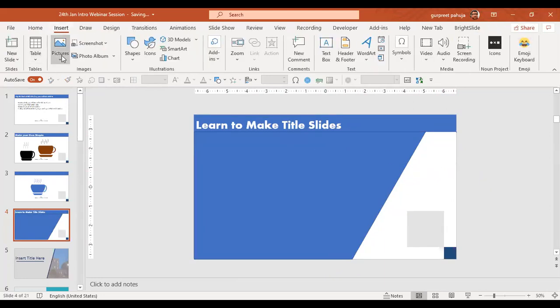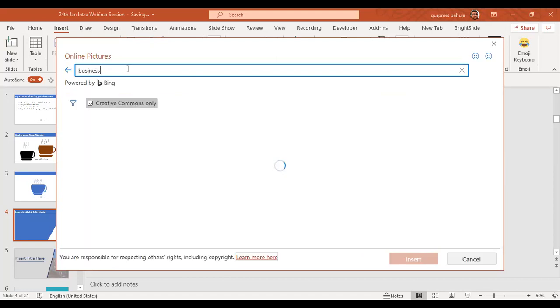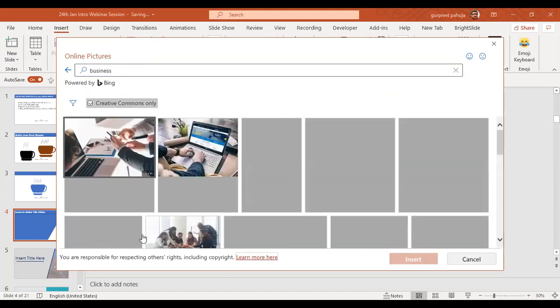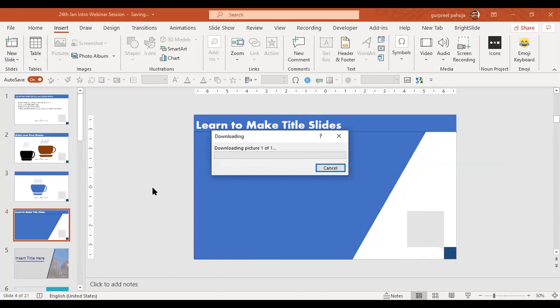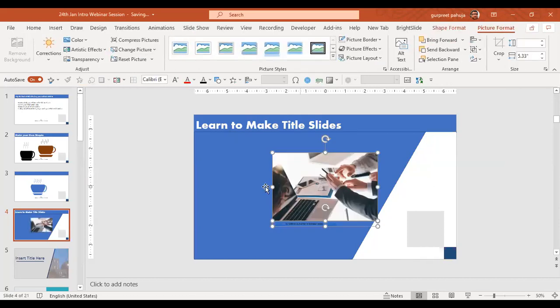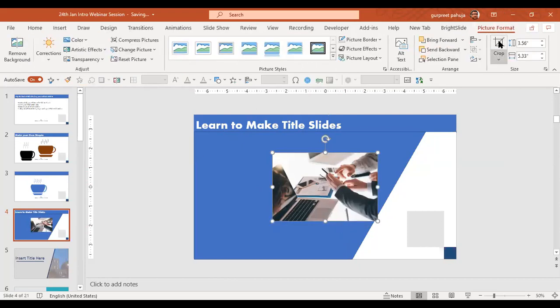And then I can go to Insert, Pictures, Online Pictures, or you can take any photo. I'll write a business here, and you can add any photo here. I can add this photo as well. Now you have to be very careful when you're adding this. I will delete this text. I will select this. I'll go to Picture Format, Crop. Once I select crop, I have to...